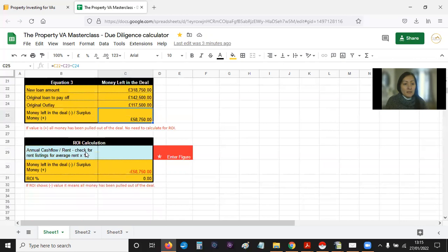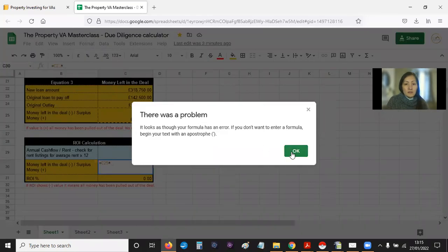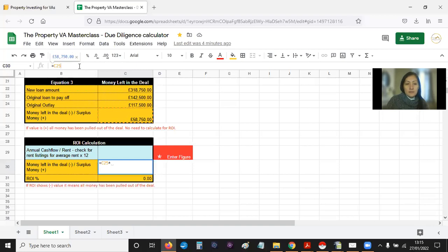Right. Okay, so now that we have money left in the deal, we can calculate the, why is that negative? Okay. I can, okay, your apostrophe. Right, I'm glad I caught that one. It's not supposed to be negative. Okay, so